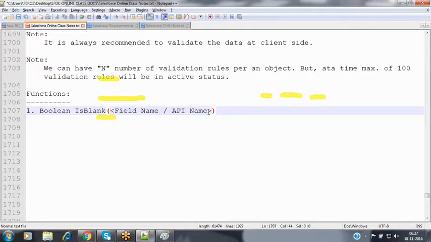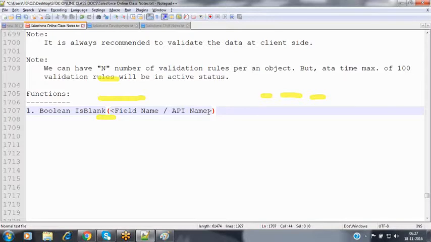One is at the time of creating that field, we can select the required checkbox, which is going to make the field required. Second one, once the field has been created, then at the time of page layout customization, you can go to that page layout customization, select that field, and then when you double click on that, the properties will get opened. In that, we can select either read only or required. Two options are there. Nothing but by using page layout customization also, we can make that field required. And the third option we have discussed is by using validation rules, which we are discussing right now.